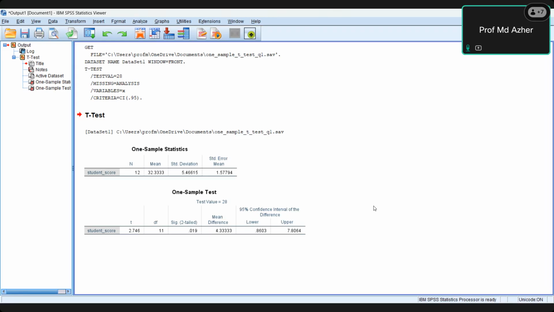So now this has been given as 0.019. Since it is a one-tailed test, what we will do is divide this significance 0.19 by 2. So it will come